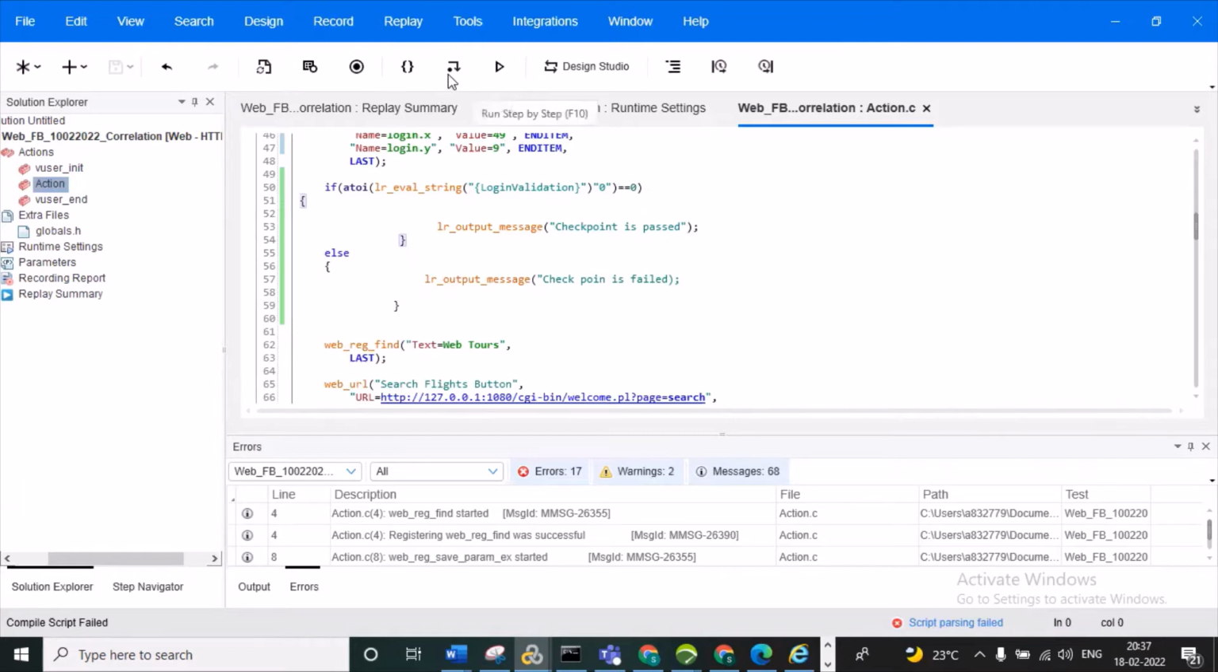Error. And do we need to give the LR about also? No need that one. Login validation double colon is completed, and